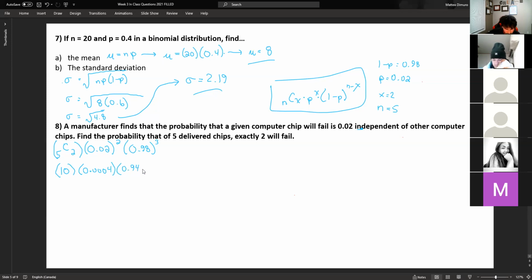When you plug in this last part, it's again a question of how many decimals to keep. Keep at least 4 in your work, or at least 1 more than what you're going to end up rounding to. When you type that all in, you get 0.0038. Now I'm missing something: in all of this, I should have been writing what this is equal to. This is equal to the probability that x is 2. There, that is the answer to this question.